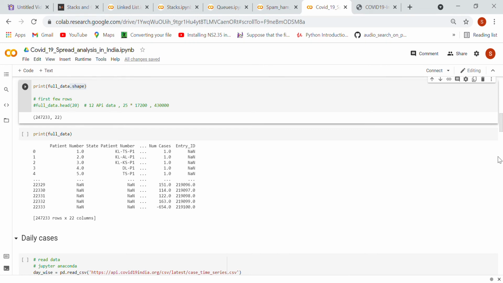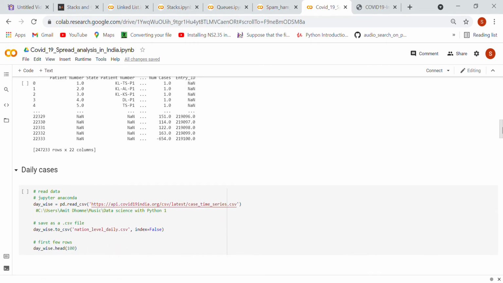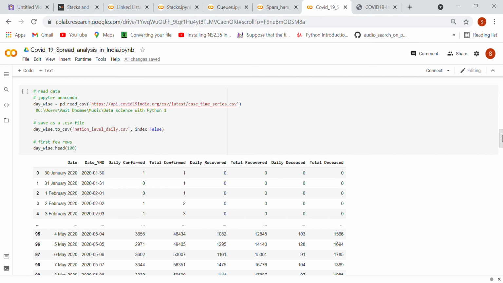Once you are done with this, reading the data, you can see the data country wise, nation wise, like what the record was. You can read it like a CSV, with this link, and then day wise CSV, national level daily CSV, and daily day wise head, meaning based on the day what the record was, you can see it, right? So what you need to do is just read the CSV, which is one function that will allow you to